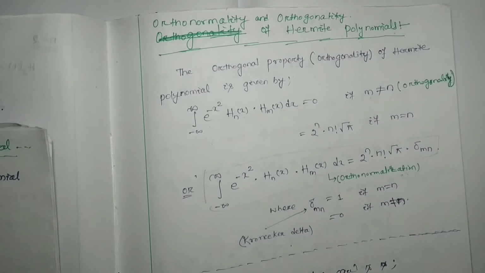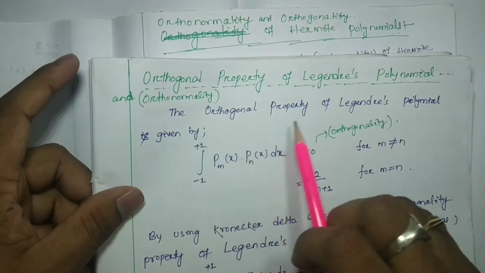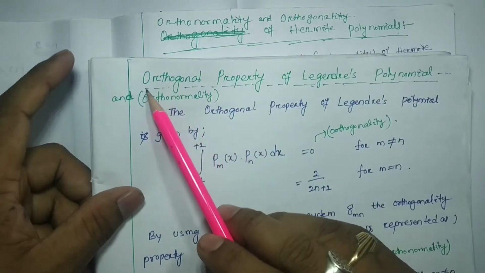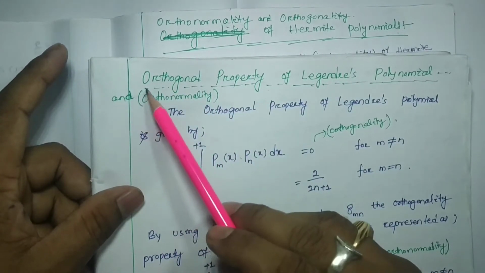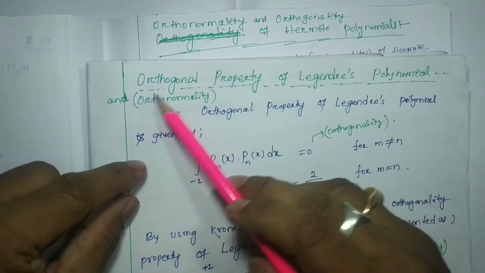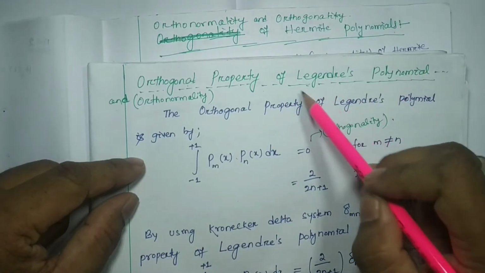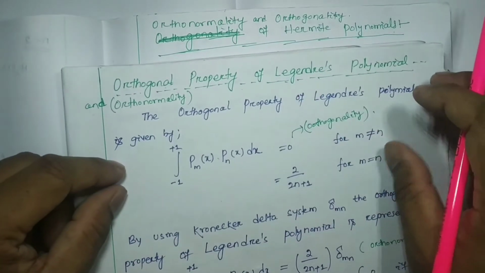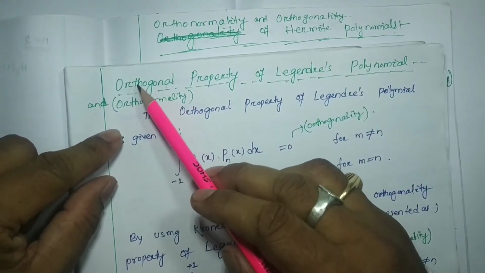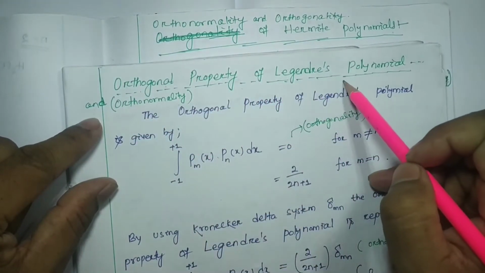Okay, so likewise, you may remember, or you can check your note from the time of discussion of Legendre polynomial, the orthogonal property of Legendre's polynomial. There you can write some extra words, that is orthogonal and orthonormality property of Legendre's polynomial. You just correct it in your note regarding Legendre polynomial. At that time I wrote only orthogonal property, but you just add these words, orthogonal and orthonormality property of Legendre's polynomial.